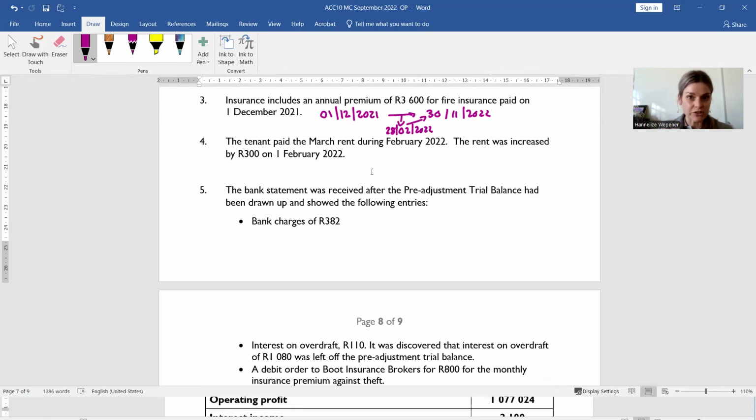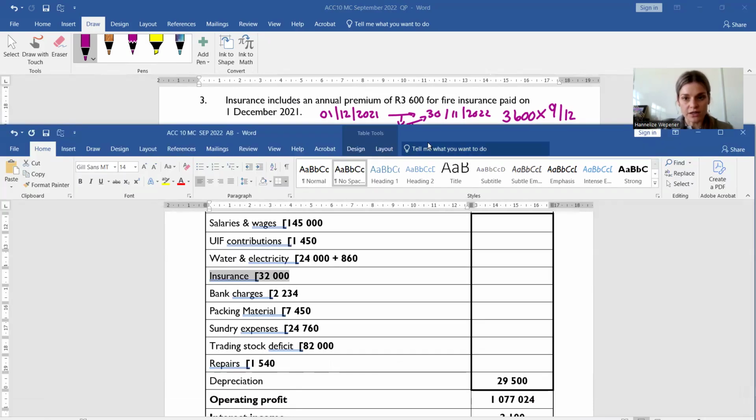Because if it's something that you've paid for that's past your current financial year end, that is considered a prepaid expense. So you paid 3,600 for 12 months. But of those 12 months, it was only December, Jan, and Feb. So only 3 months that was within your current financial year. So 9 out of the 12 months, you need to now remove from your SOCI because that is not a